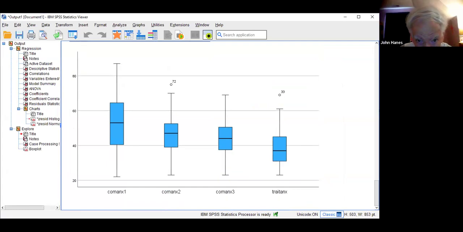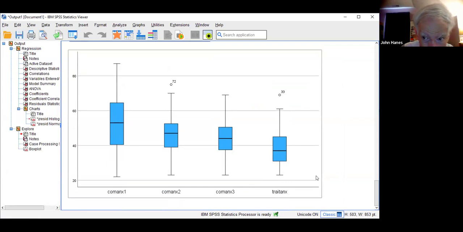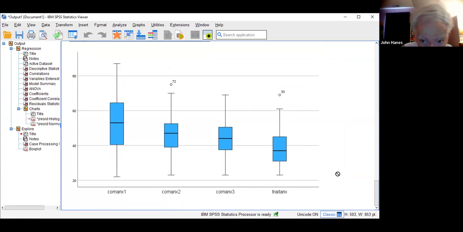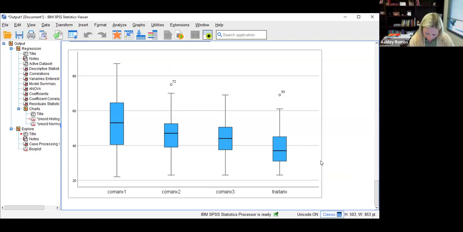Okay, so there, and the nice thing about a box plot is, how easy is it to find your outliers? Now remember, those circles represent moderate outliers. They're not the bad guys. The bad guys would be asterisks if they were there, and those are extreme outliers. I don't want to confuse the situation, but just keep that in mind. So that would help